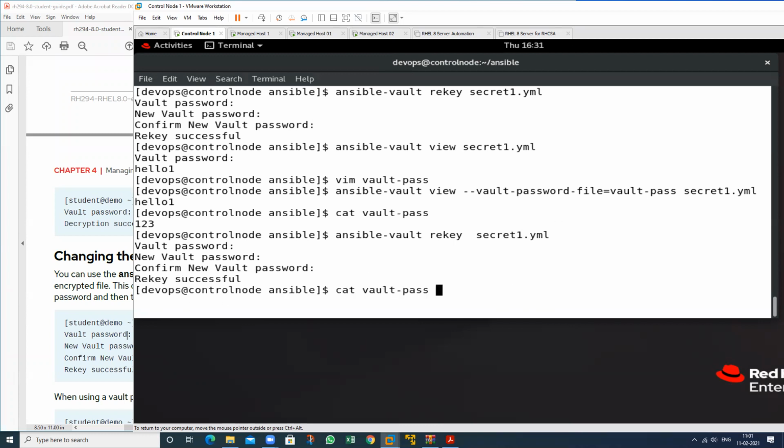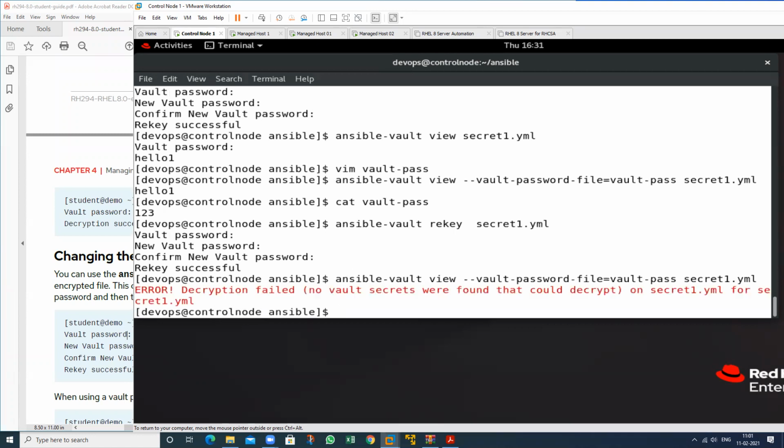And if you want to open this one again by this particular file, because in this the password is 123, but I have changed it. So if anyone accesses this particular file, because I have changed my password, he can't open it. Suppose on a daily basis I change my password, so that is security.